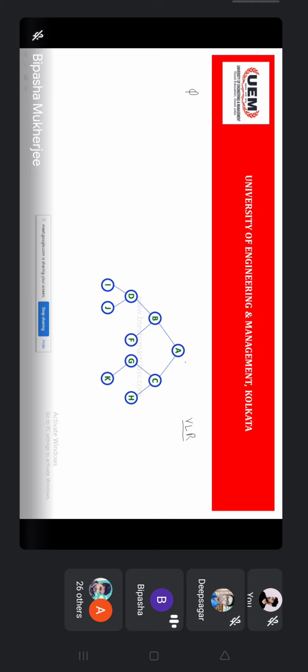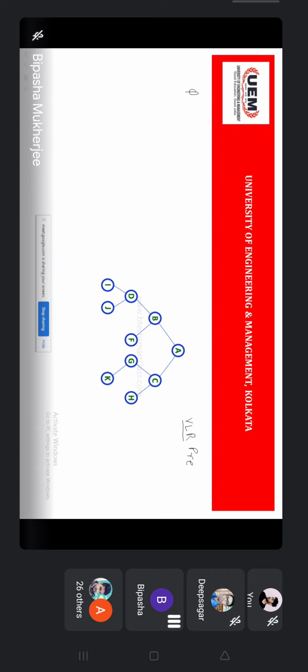In case of non-recursive traversal, we will start from the root and follow the leftmost path. When we are following the leftmost path, the procedure will be something for pre-order.